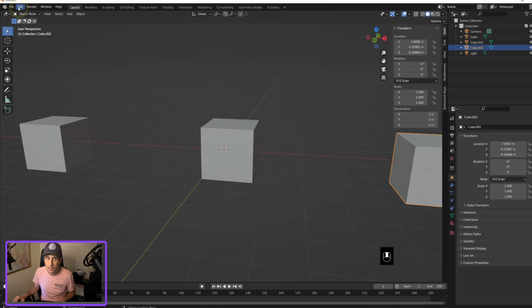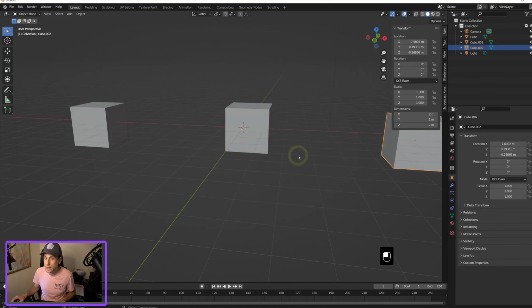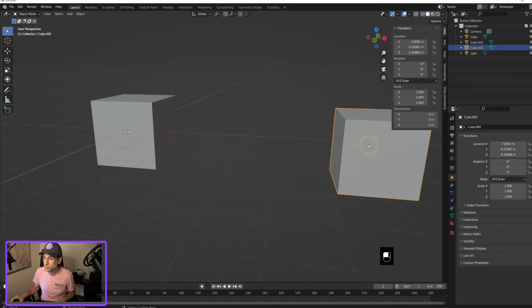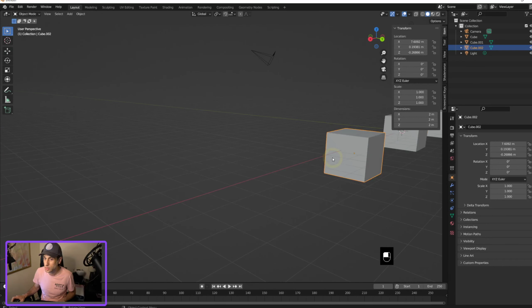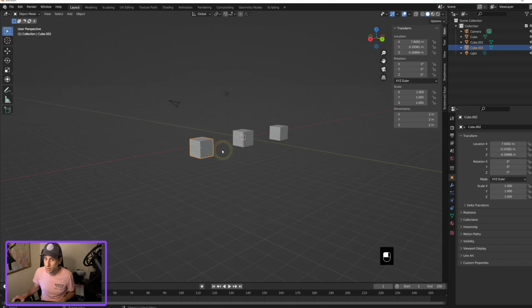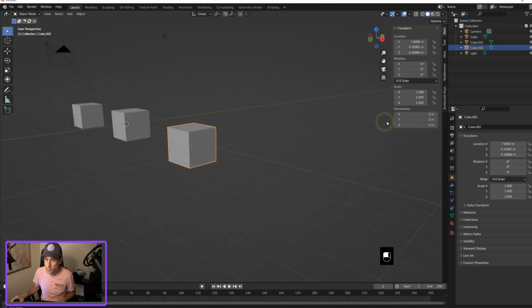So I make this change to the viewport: go to Edit, Preferences and then Navigation, and choose Orbit Around Selection, choose Auto Perspective and Depth, and also Zoom to Mouse Position. I enable these three and close it. Now I will be able to zoom directly in on that box that I have selected and also rotate around that box. Whether I am looking at that center box or at this box, if I rotate, it's going to rotate around the